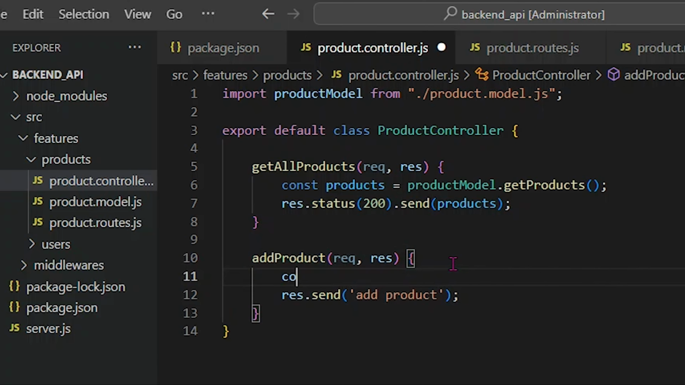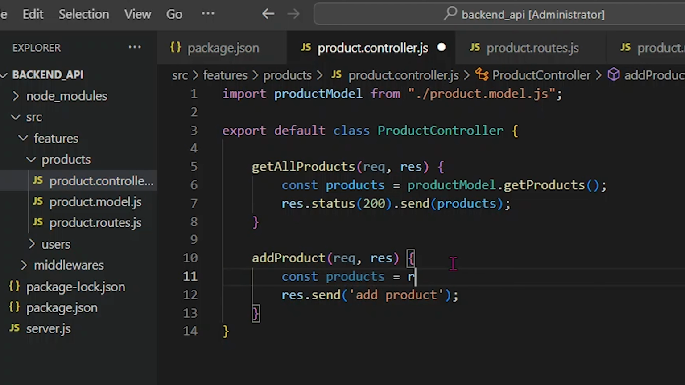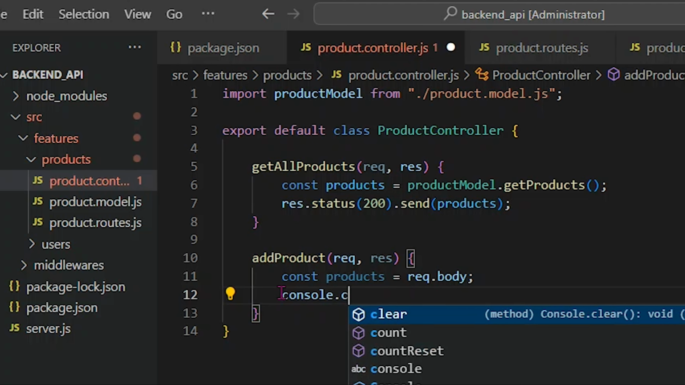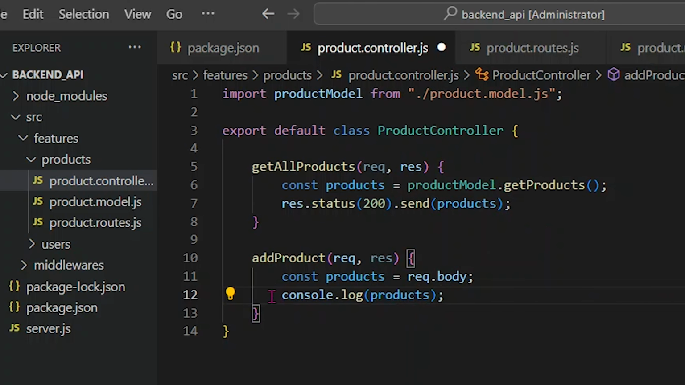So let's see. We will be receiving some data and we will be storing it in a variable, and we will be requesting this data through request.body. Whatever product request data we receive from the body, we will be storing it in a variable. And let's console log that data just for our understanding. I'm going to name this product data,